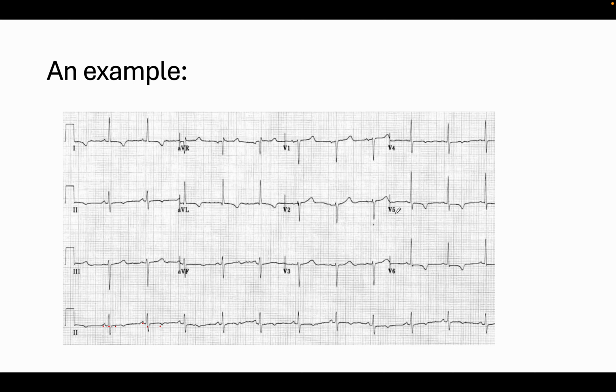If we now look at our lateral leads, V5 and V6, we can see some T-wave inversion. If we now look at our other lateral leads, lead 1 and lead AVL, we can also see T-wave inversion here. And then we can also see inversion in lead 1. So our lateral leads are clearly showing some myocardial ischemia, and our inferior leads don't particularly show any abnormal T waves. So we can say this is a lateral